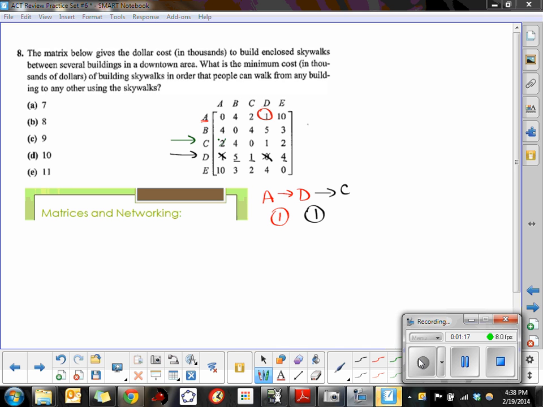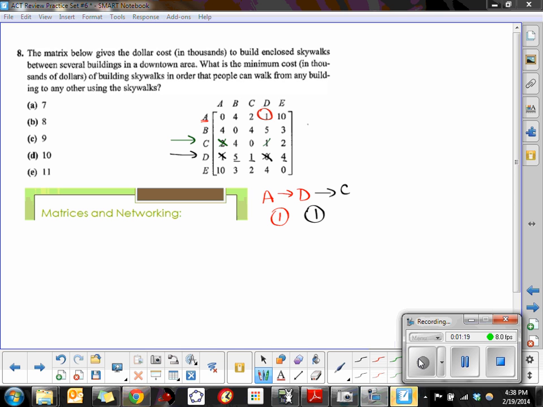I've already been to A, we've already connected it to D, and we don't need to connect it to itself. So I've got two choices. And the cheaper choice is to connect C to building E. If we connect those together, that's $2,000. Now the only place we have left to go is from building E, and we've got to get it connected back to